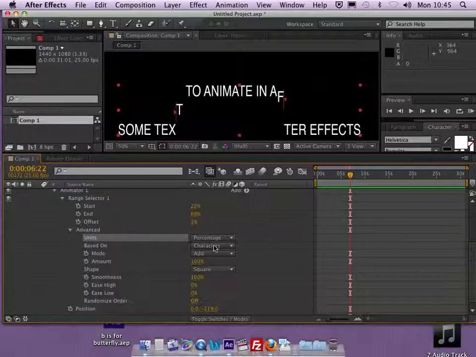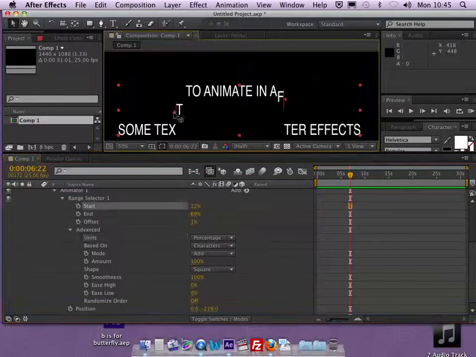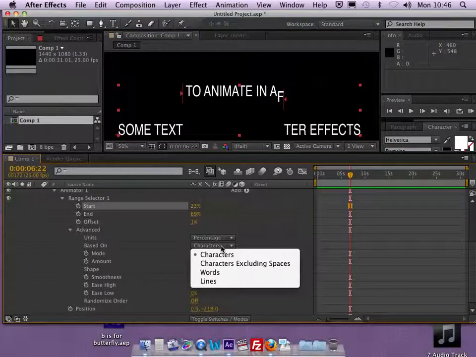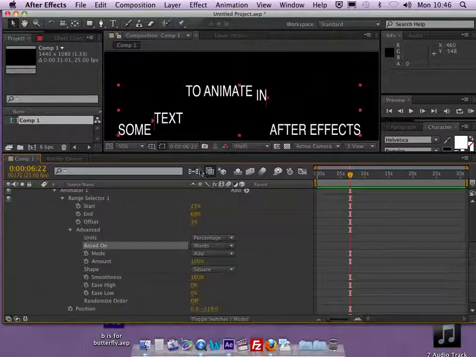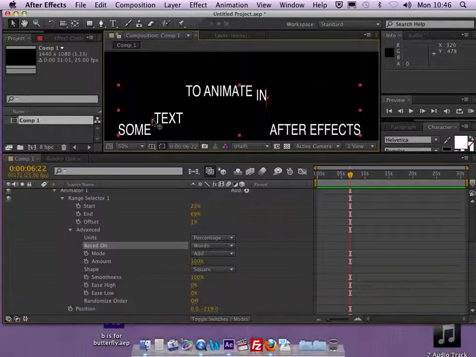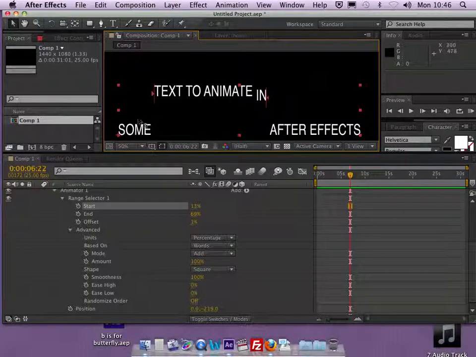It's based on characters, so when I move this range selector, each character drops down or remains up. If I change that to characters excluding spaces, then it won't take the spaces into account. It will just go from character to character. Words, it will only go word by word. You'll see text up, text won't move for me, but anyway, text down. Okay,